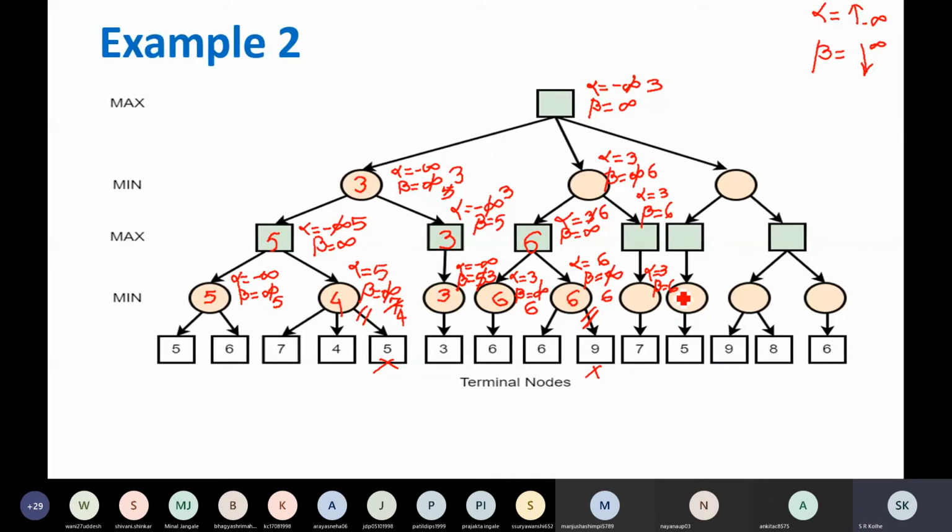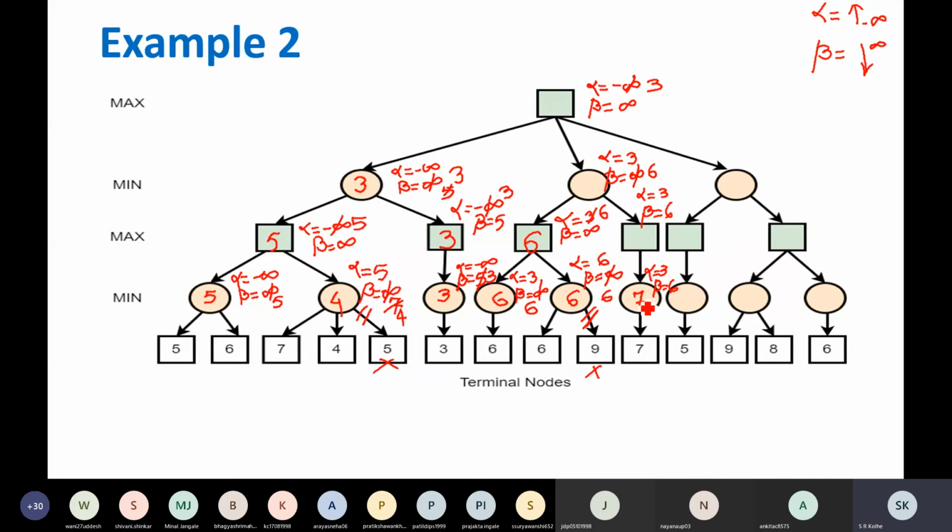So 6 is better than 7. But minimizer node, only one option it has. Value associated with this node will be 7. Beta will not be updated. Understood this part? It has to select this, right? Because this is one of the terminal nodes. Value of beta will not be updated. It has only one option, but that option will be selected. Understood this part?